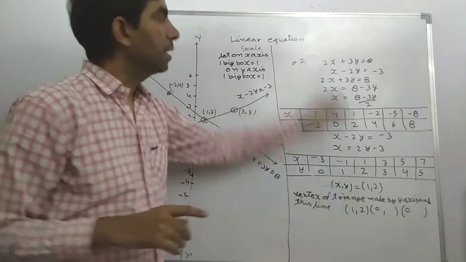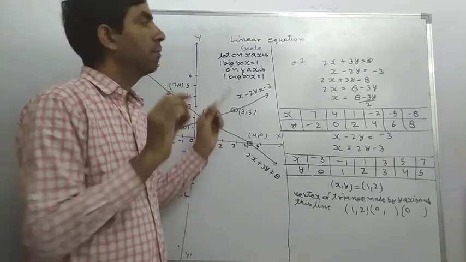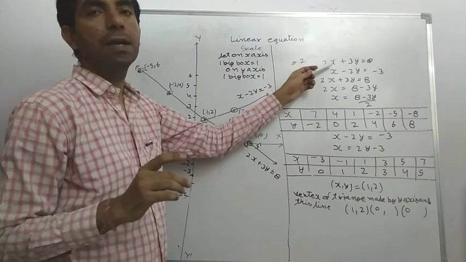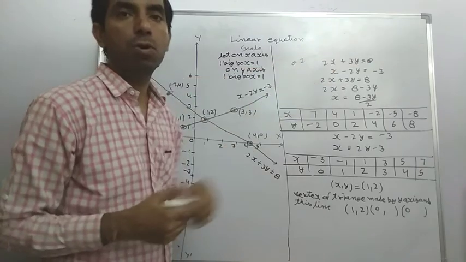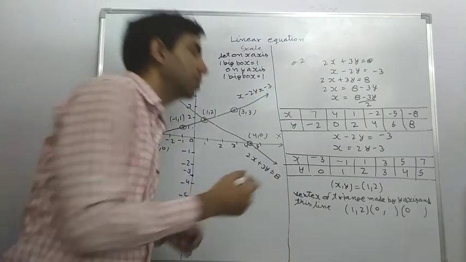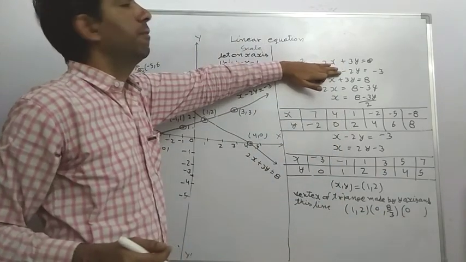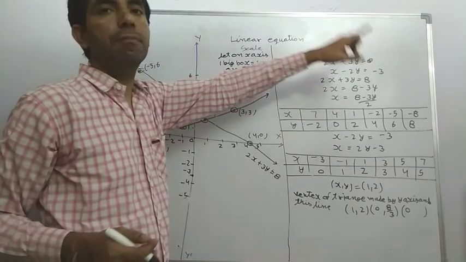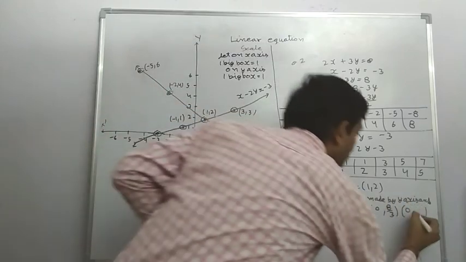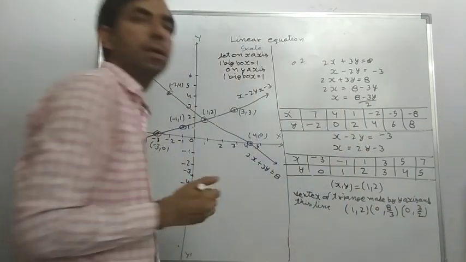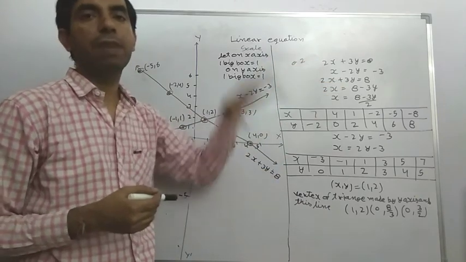So now in these two equations we fill in the value x equal to 0. If x is equal to 0, then that term is out and 3 goes to divide, so our answer is 8 upon 3. In the second, if x is 0, then minus 2 goes to the other side, minus 3 upon minus 2, the minuses are cancelled, then our answer is 3 upon 2. By this method, we can find the vertices of the triangle made by these two lines and the y-axis.